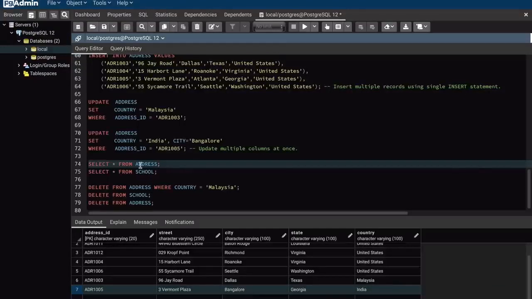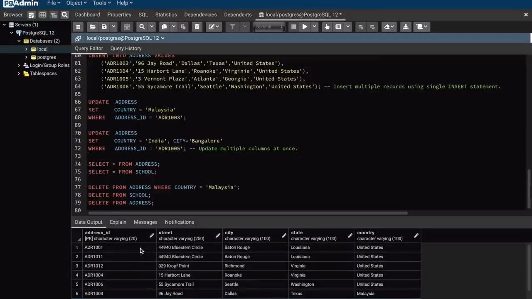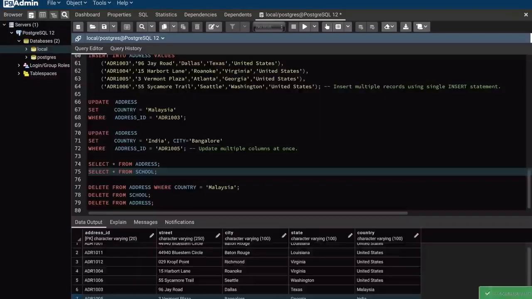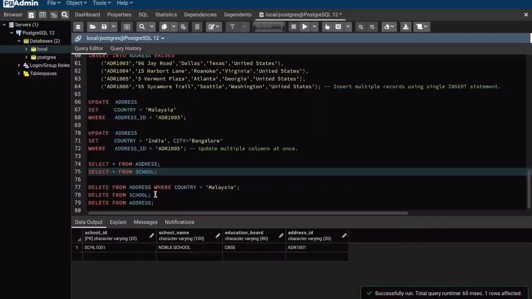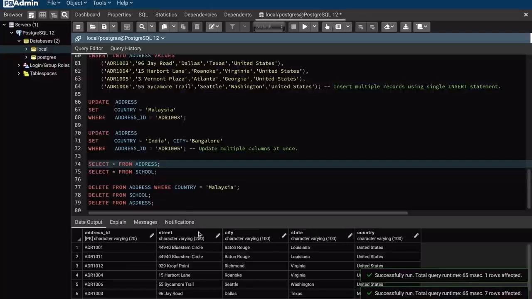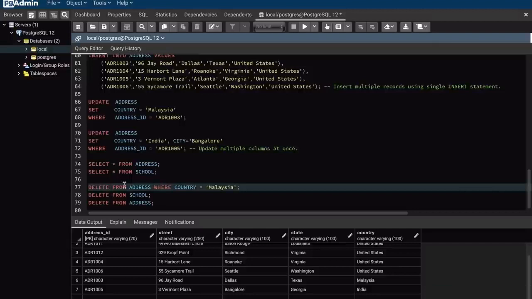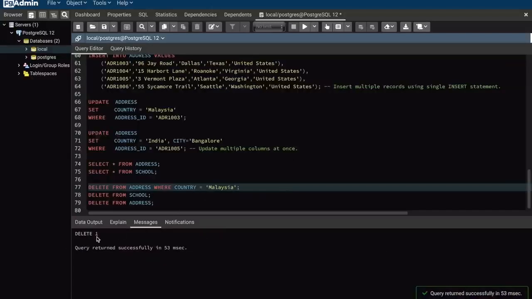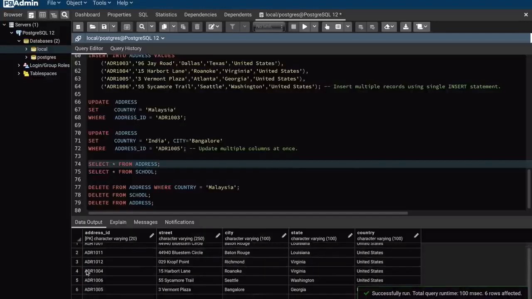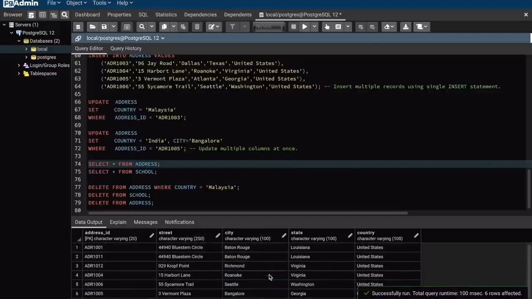So finally, let us do some delete. Before that, let me just show you what we have. So in address, I have all these 7 records, and in my school table, I have 1 record. So let's say if I want to delete only one record in my address table where the country is Malaysia, I can just use where condition in my delete clause, saying that delete from table name where country equal to Malaysia. When I execute this, it just deletes 1. You see here, it just deletes 1 record. So from 7, now I have 6 records, and the record where the country was Malaysia no longer exists because